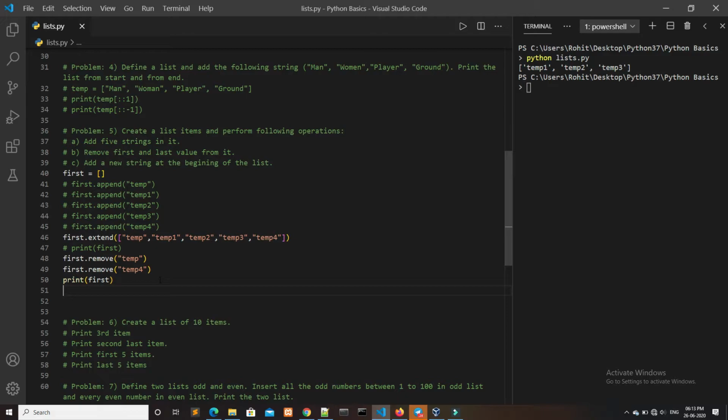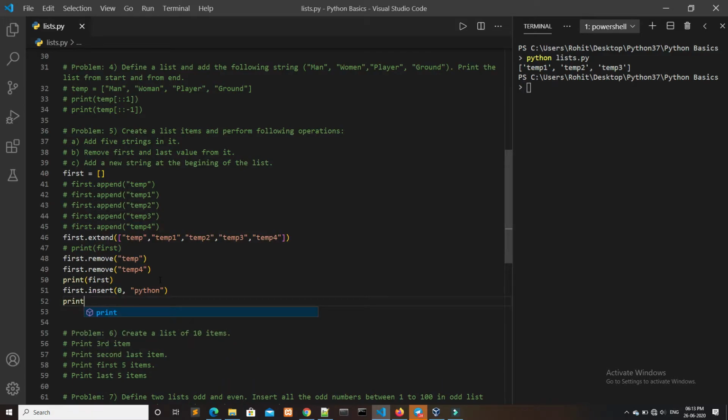So to add any value at the beginning, we have to write first.insert. The insert method takes 2 values, that is the index value and the value itself. We have to insert it at position number 0, and we can write anything here. I will write Python. It will insert Python at the beginning of the list.